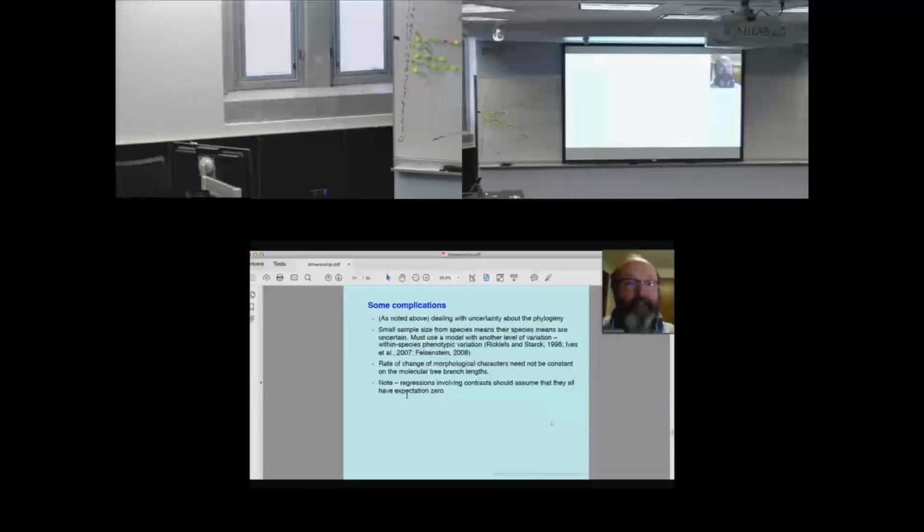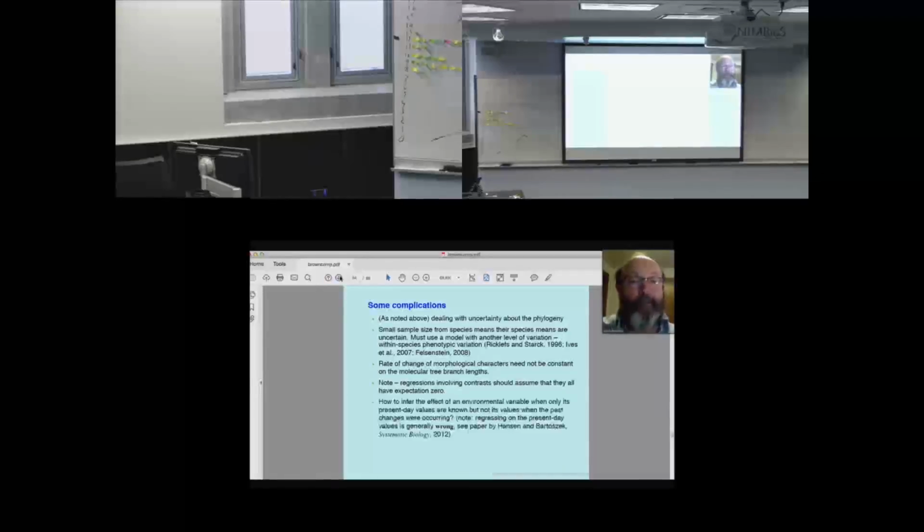And I should just add that when you do regressions and correlations and other multivariate statistical analyses using contrasts, the nice thing about contrasts is that under the model, their expectation is zero, because you have two tips and you don't know which one's going to have a higher value. A priori, they have the same expectation. So the difference between them has an expectation of zero. So you can do statistical methods under the assumption that you know the mean, you know the expectation, and that's zero.